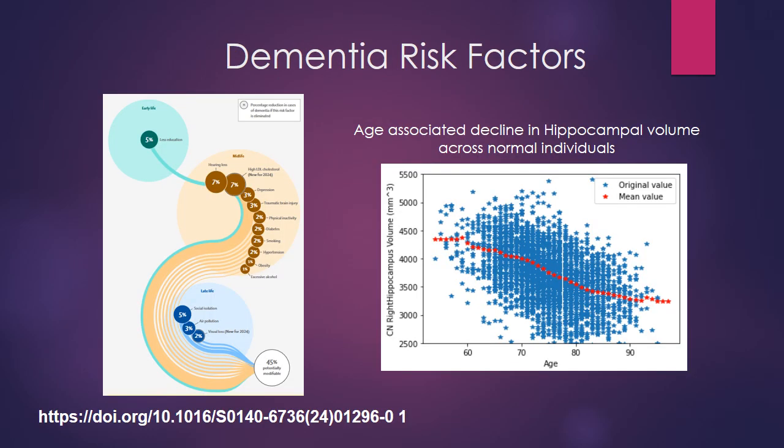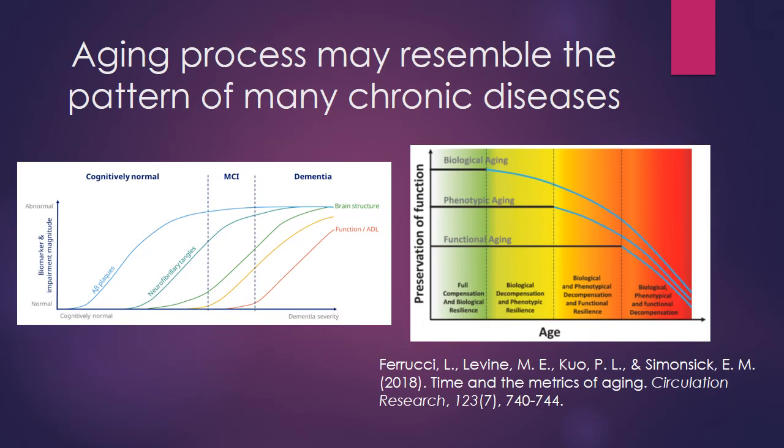Dementia risk factors. This slide displays the age-related decline in right hippocampus volume and maps out modifiable dementia risk factors across early, mid, and late life. The aging process may resemble the pattern of many chronic diseases. This suggests the trajectory of aging mirrors chronic disease, illustrating that molecular-level changes happen decades earlier, before structural and